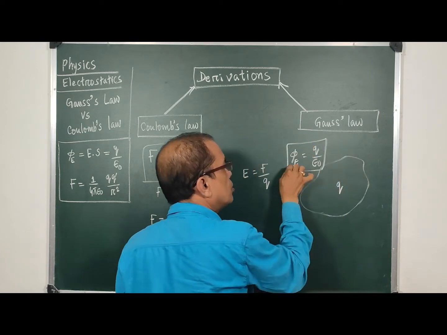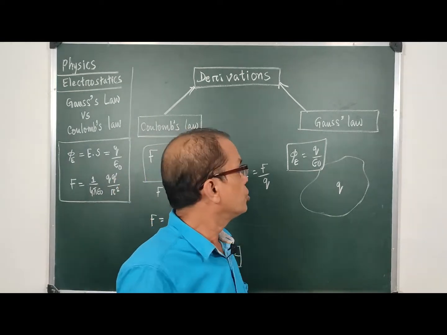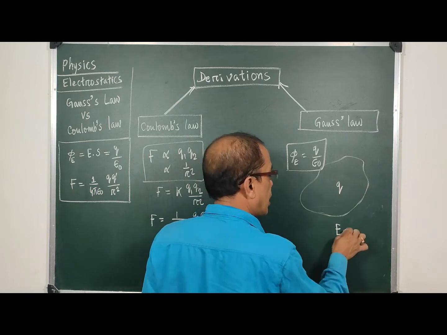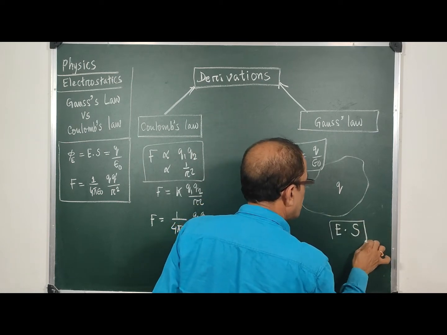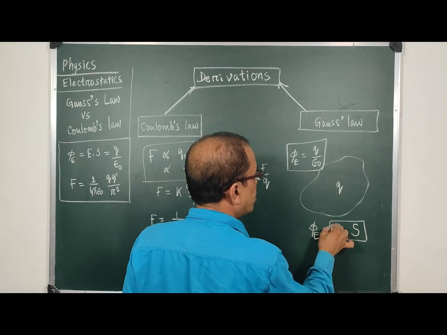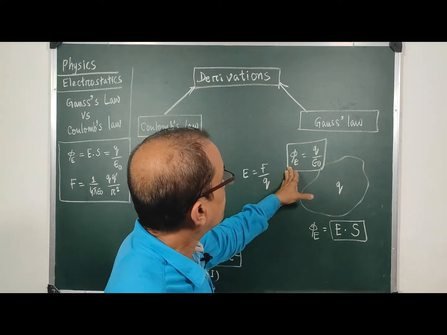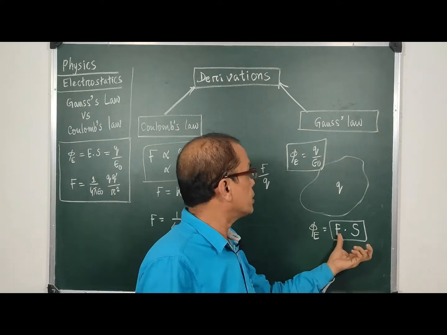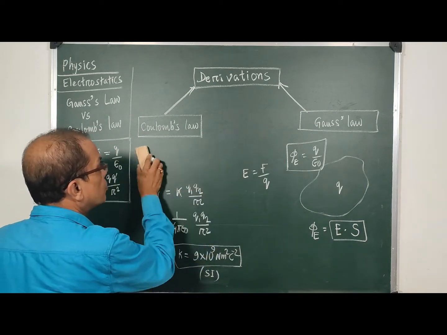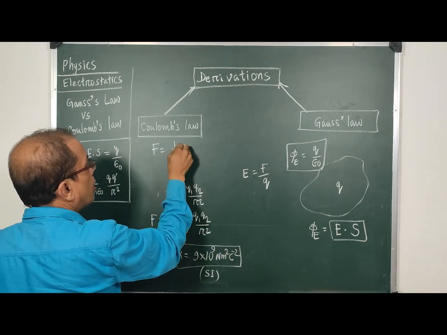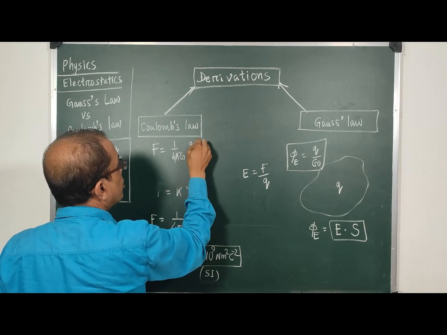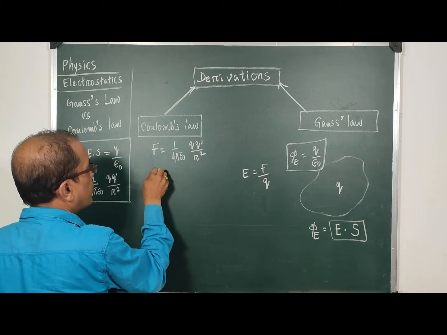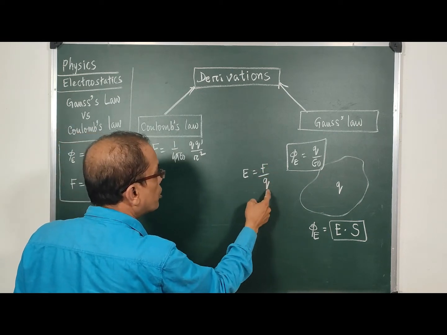This was Gauss law, and Gauss also proved that the electric flux is nothing but the product of the electric field and the total surface. So this becomes phi E. According to Gauss, electric flux is q upon epsilon 0. Also electric flux is the product of E and S, and according to Coulomb, this force is 1 upon 4 pi epsilon 0 q q dash by r square if the two charges are q and q dash, and also F by q is equal to E. So F is equal to q into E,